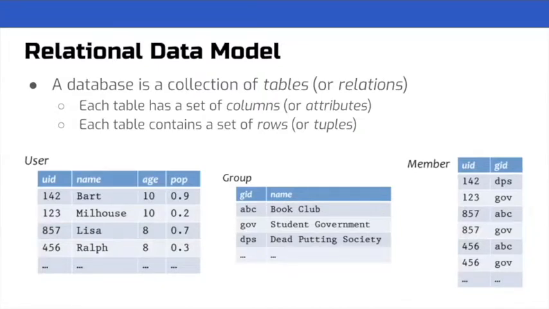I mentioned that the R in Henrik stands for relational, so let's briefly talk about what that means. It turns out that today in the era of big data, much of that data is stored in relational databases. The relational data model represents a database as a collection of tables, which are also called relations. Each table stores data in rows and columns. If we want to model a social network, we may have a user table to store information about users. Each row in the user table represents one user, and each column represents various data attributes corresponding to each user,